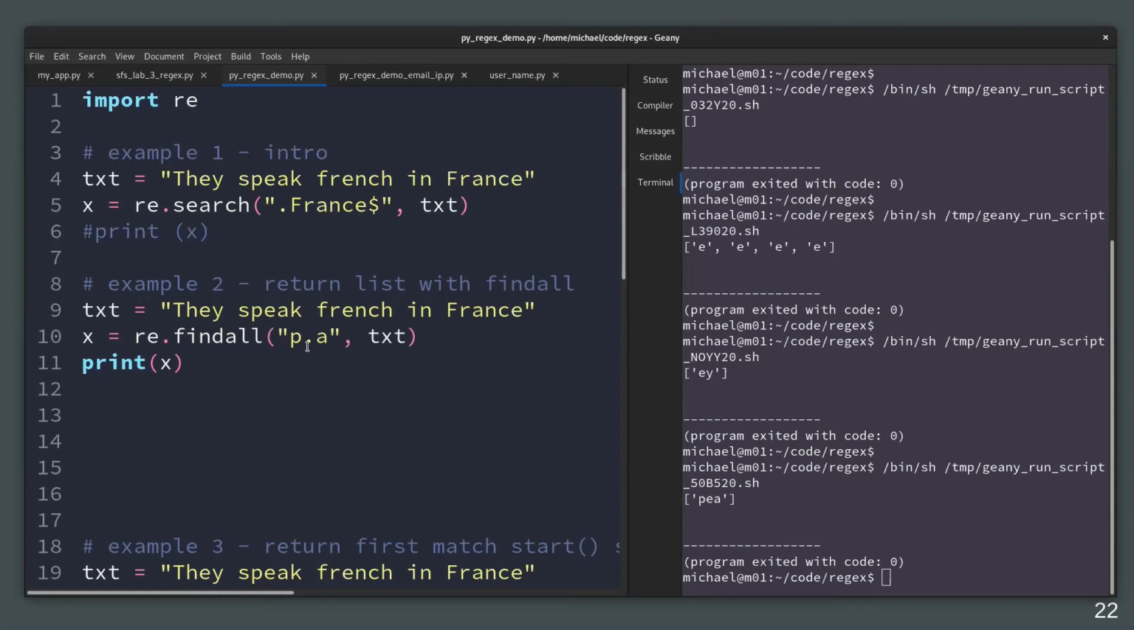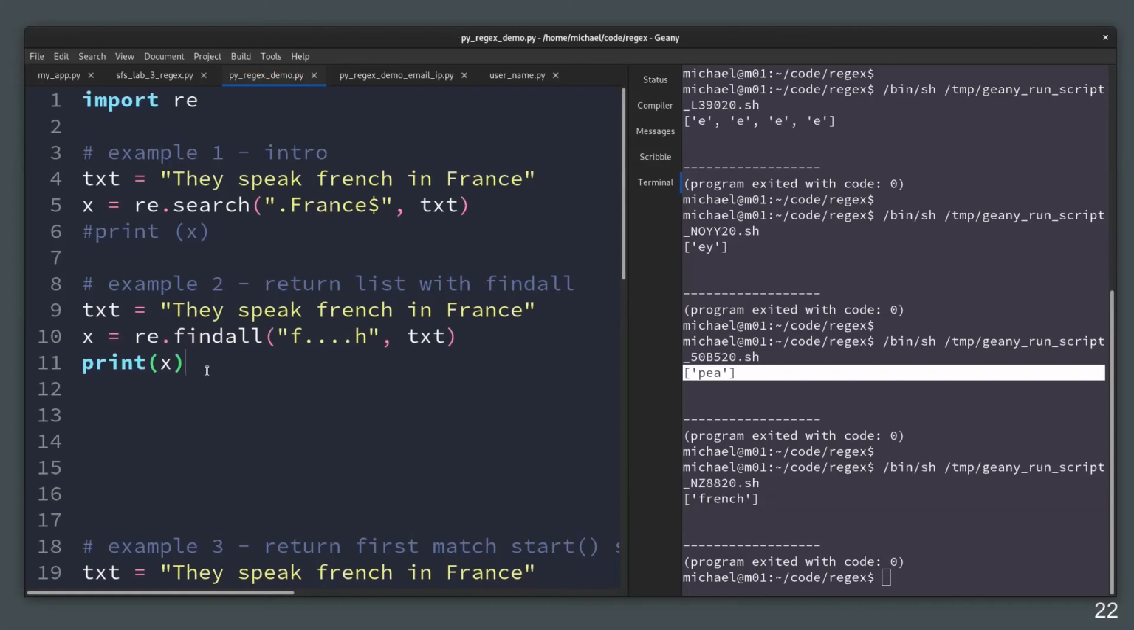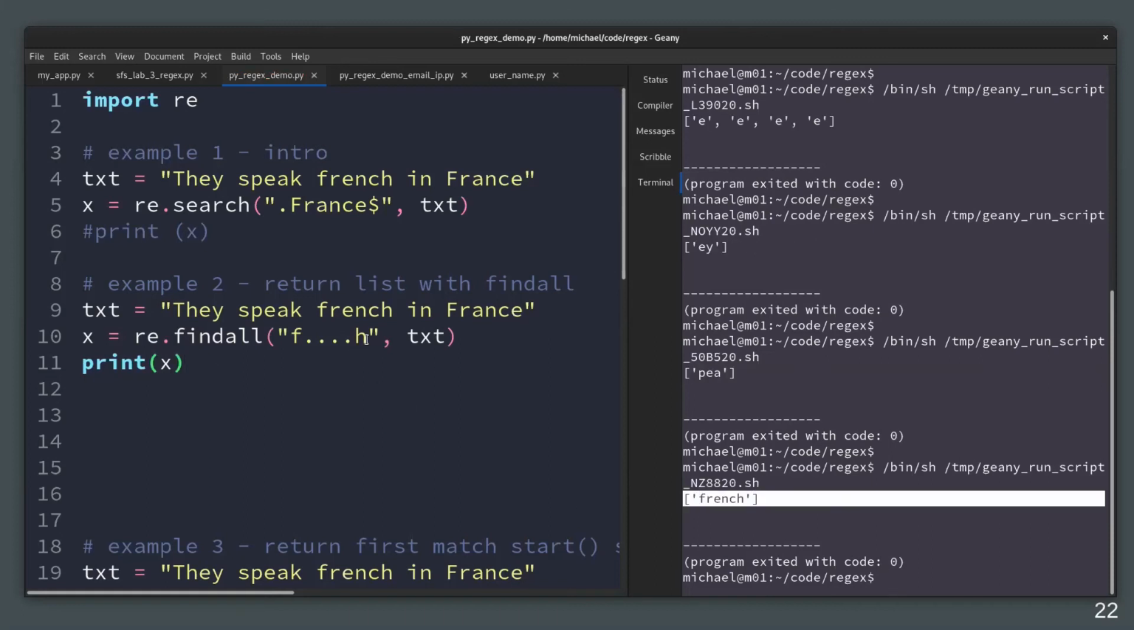Let's change this. We're looking for a pattern which has the letter F, then 1, 2, 3, 4 letters, then an H. So letter F, 4 letters, then H. Hopefully it should find the word French if we do this and return it in a list. Let's run that. There we go. It's found French because French matches the pattern of F